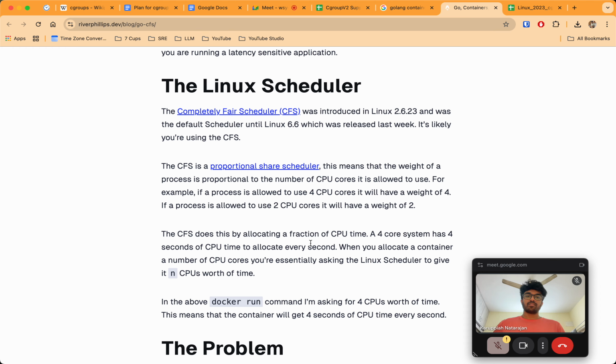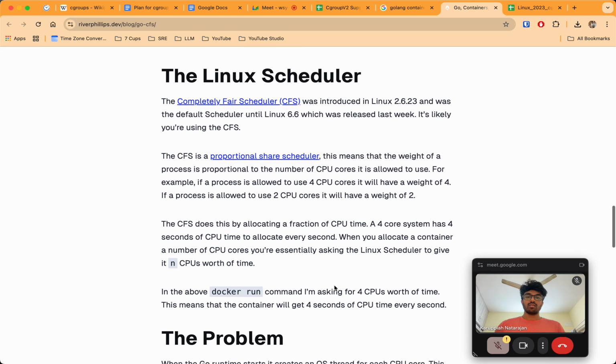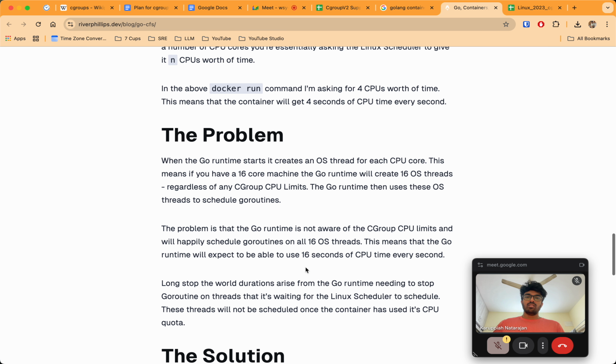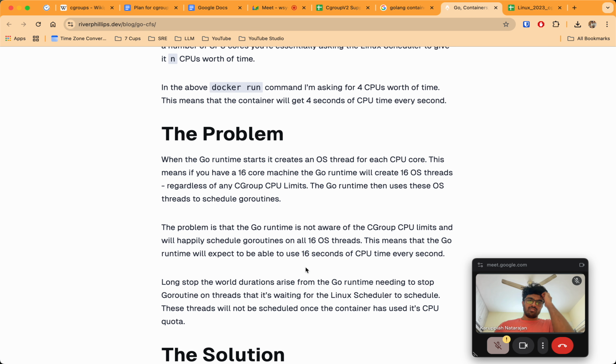Okay. So when you allocate a container a number of CPU cores, you're essentially asking the scheduler to give it n CPUs worth of time. I'm asking 4 CPUs worth of time. This means that the container will get 4 seconds of CPU time every second. Problem: when the Go runtime starts, it creates an OS thread for each CPU core.